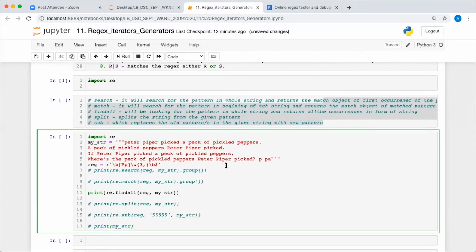Okay, so this is the string which we have. This is the whole string. It is a multi-line string, and the regular expression I have written here is this one. In this case, every character has a special meaning. Anything which you are writing inside this square bracket, it will be looking for either of the characters which you mentioned inside this square bracket.